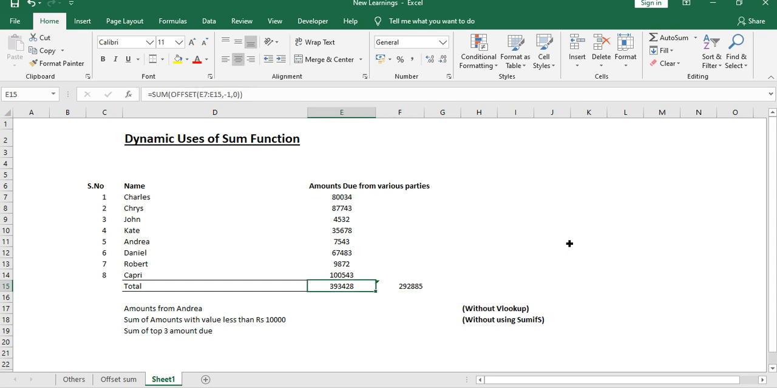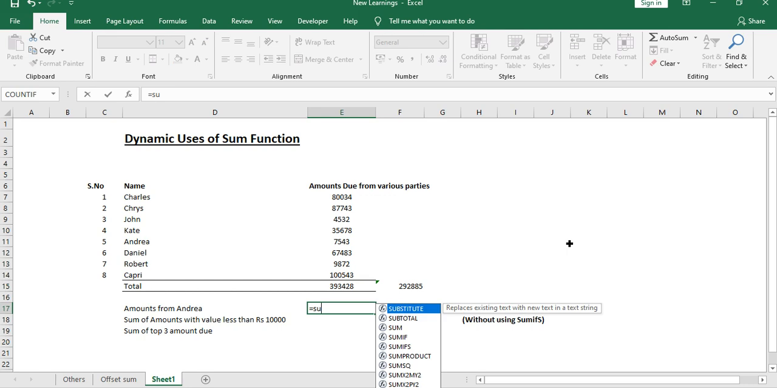So that was a simple one. Let's use one more case. Let's say you have to figure out the amounts due from Andrea, that's this one. So one way is that we all have been using Vlookup. We create a Vlookup, we figure out Andrea, then from the second column we figure out the number corresponding to Andrea. What if I tell you to simply use sum